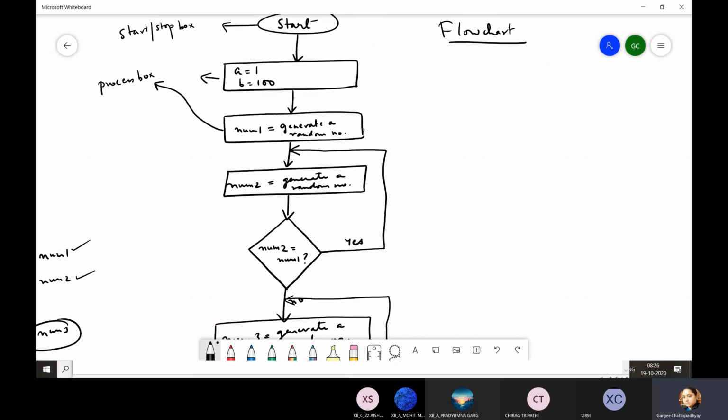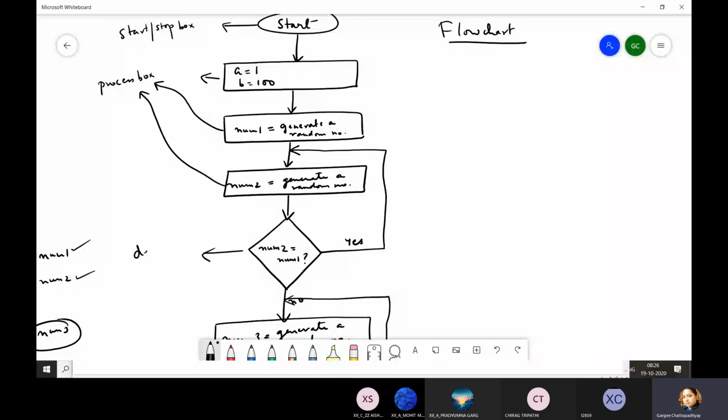This is also a process box. A process box contains those statements which are assignment statements or statements which involve the processor's role, like formula application, any expression or any assignment statement. All those statements will be specified within the process box. This is also a process box.